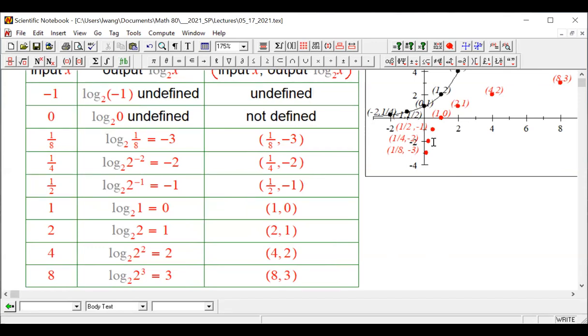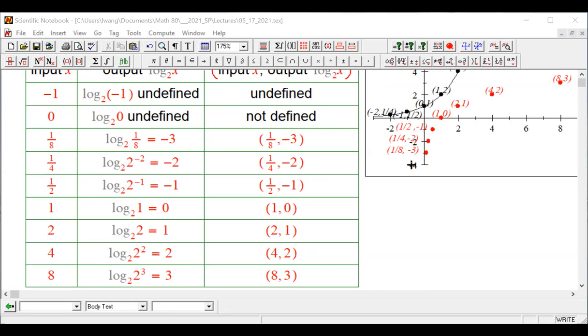Okay, so you're not going to see any dot on the y-axis or to the left of it. So there will be no points, no graph. You're going to see no points on the y-axis, because if you have any point on the y-axis, x must be 0. The input must be 0. And you're not going to see any point to the left of the y-axis, because if you have any point over here,